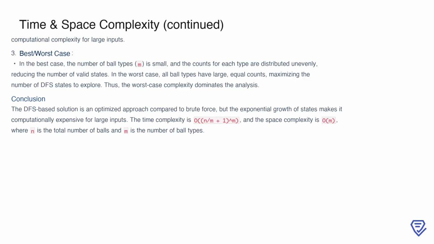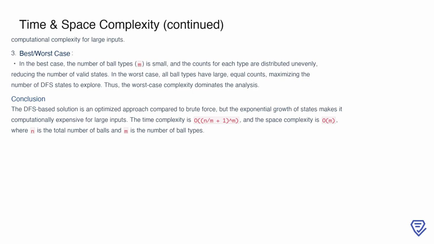On the other hand, the worst-case scenario occurs when m is large and the counts of balls are evenly distributed. In this case, the number of DFS states grows significantly, leading to the maximum computational cost. In conclusion, the DFS-based solution is a significant improvement over a naive brute force approach, as it leverages backtracking to avoid redundant computations. However, the underlying exponential growth in the number of states still makes this problem computationally expensive for